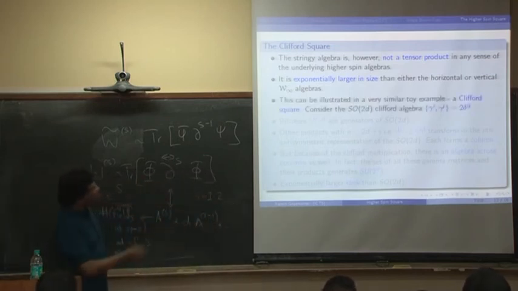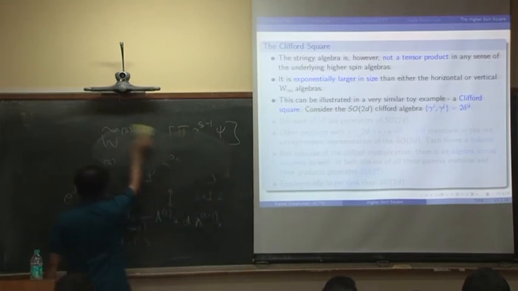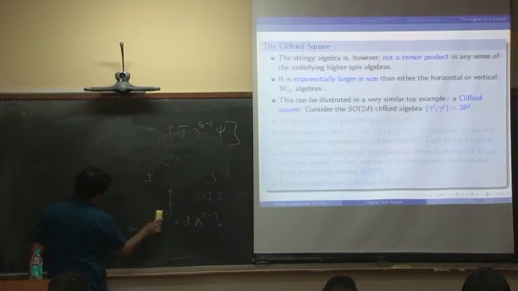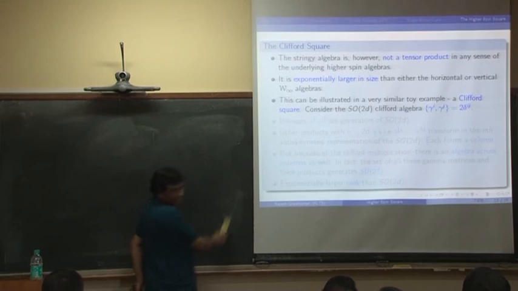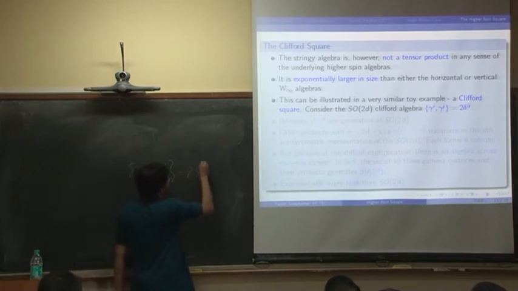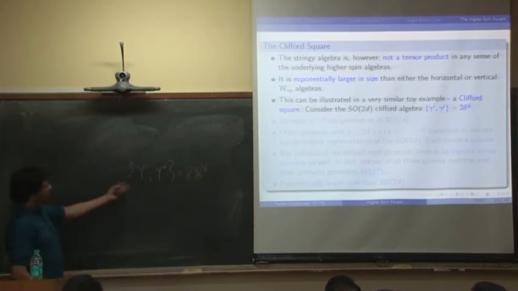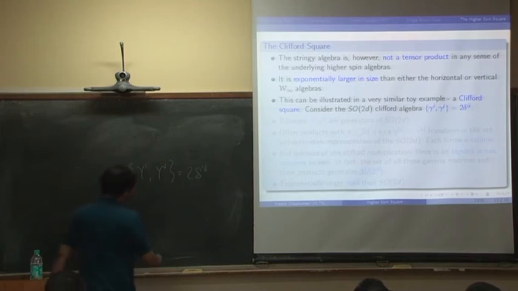So I'll illustrate this in a simple example, which you don't need to know about W infinities or anything. You just need to know, we don't have any school students here, but I think the undergraduates here will at least appreciate Clifford algebra. So the Clifford algebra, let's say in some Euclidean dimensions, is like this, and